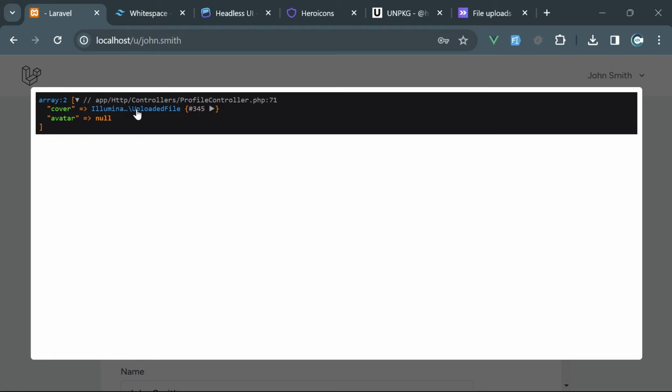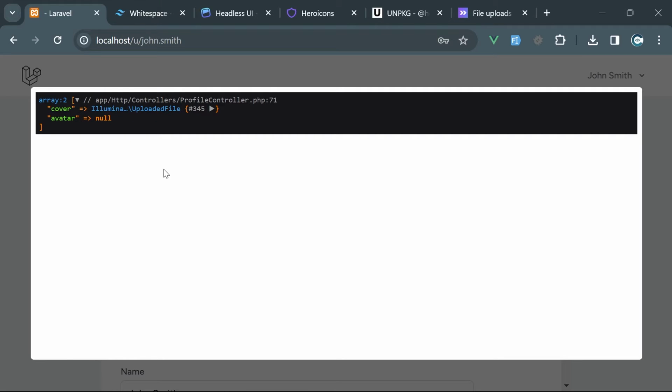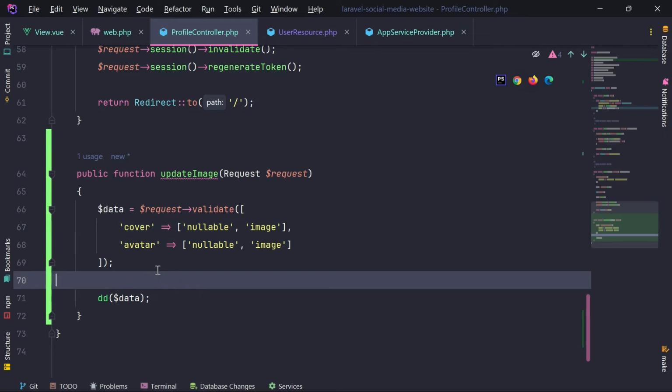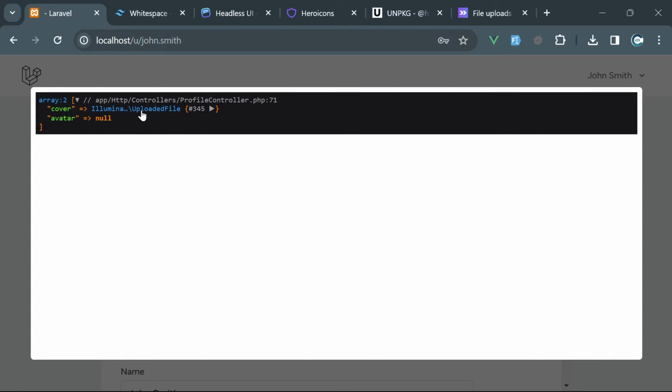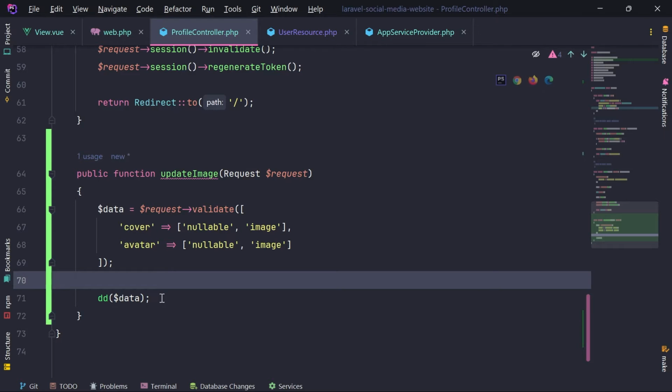Now I see cover is something, but avatar is actually null. Okay, this is good. I can just get the cover, and right now I need to take care of saving that